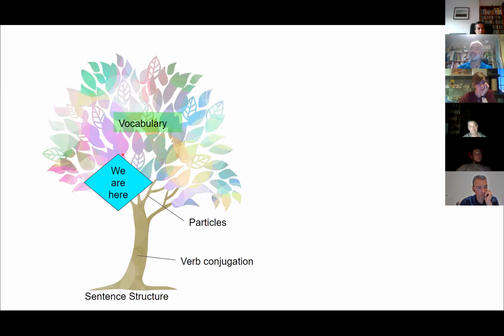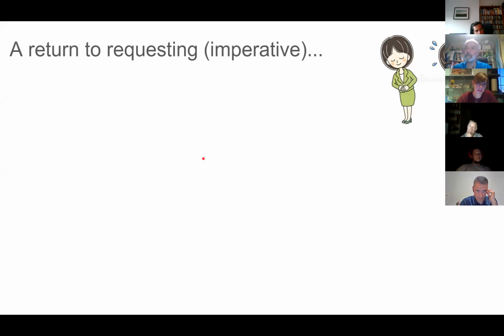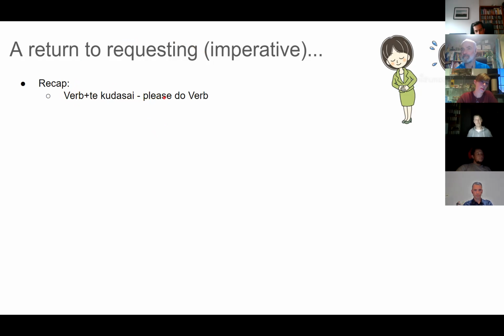Some of it's kind of grammar, but it's really what grammar rules apply to this single word, rather than what grammar rules apply to this context when we want to make this kind of sentence. So moving on, we're going to jump back to requests, what's called the imperative in English grammar, but we'll just think about it as requesting, how to form requests. So a quick revision of what we did before. If you want to say to somebody, please do this, as we know, we put the verb into the te form and say kudasai. Really easy. I see some nodding, so that's good.